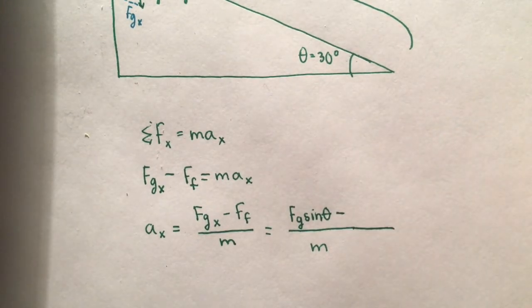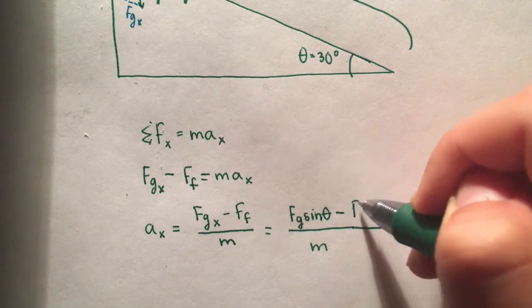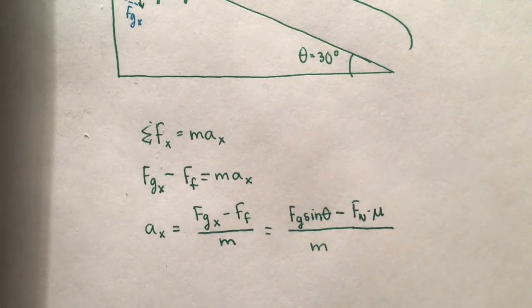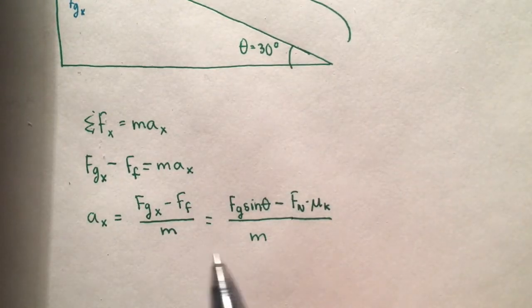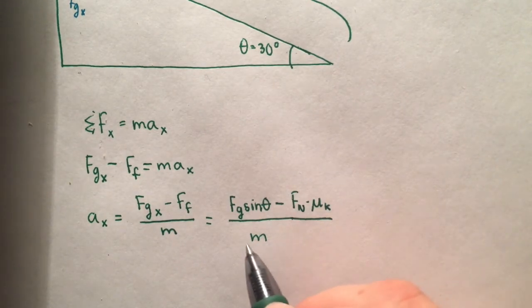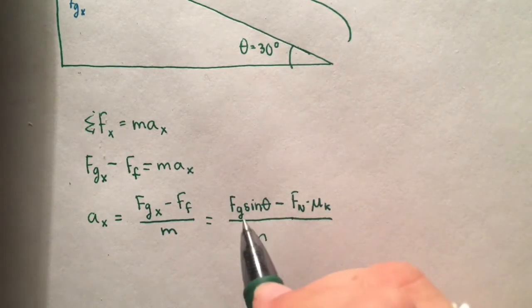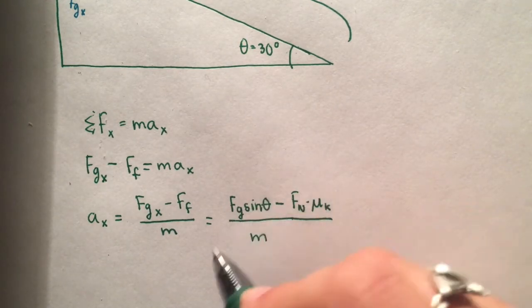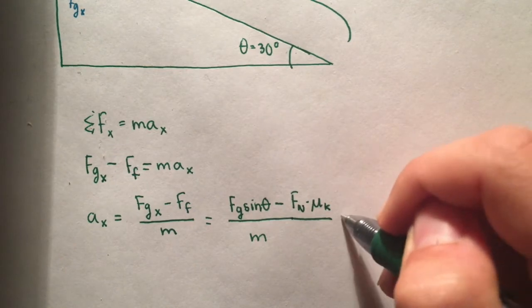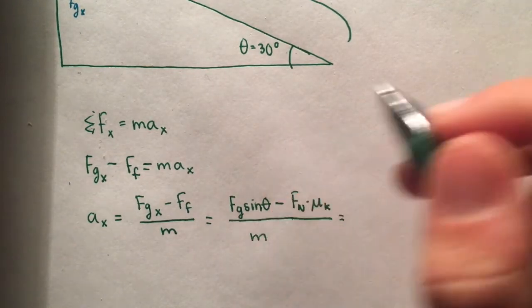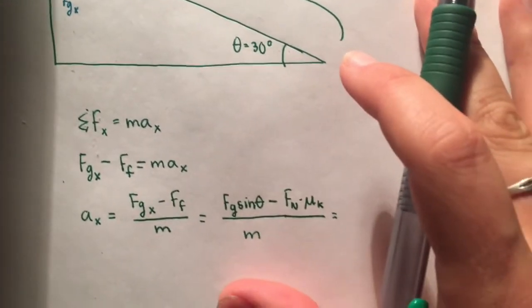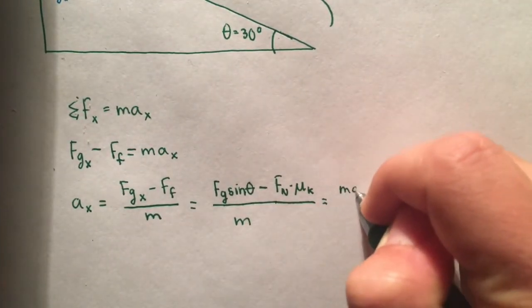If you look at the formula for the force of friction, it is equal to the normal force times the coefficient of friction. And this is kinetic friction because the block is moving. We can break this down even further. I don't like this mass here. I want to get rid of it. So I'm breaking everything down into its components so that maybe I can cancel all the masses out. That's my end goal. So I can rewrite Fg as mg, because remember, force of gravity equals mass times acceleration due to gravity. So mg sine theta